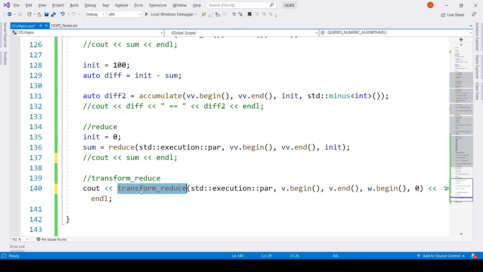The learning is that always use reduce and always use transform reduce instead of inner product and accumulate. So always provide this parallel execution policy. It is not mandatory, but if possible, it will execute in parallel. But the care that you need to take is the associativity and commutativity properties of the operation that you want to do on the data. Okay.